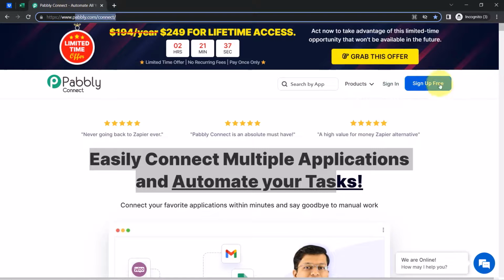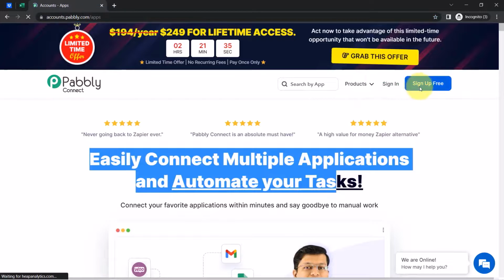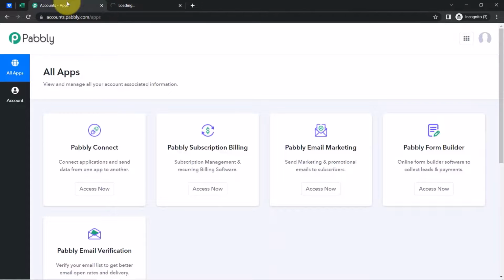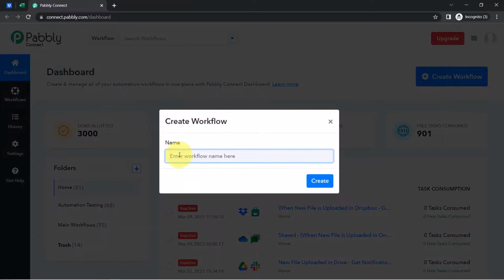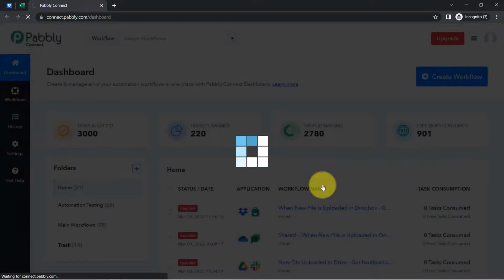Now, if you are a new user of Pabbly Connect, you will have to sign up for free, where you will also get free tasks every month in order to test such kinds of amazing automation. I'm already an existing user, so firstly I have clicked on sign in, then I have selected this Pabbly Connect access now among all the applications, and this is how I have reached the dashboard of Pabbly Connect. Now click on this blue button, that is create workflow, and provide any random name to your workflow, to your automation. Okay, so I have pasted the name as when new file is uploaded in Dropbox, add a file link in MS Excel. Okay, after providing the name, click on this create option